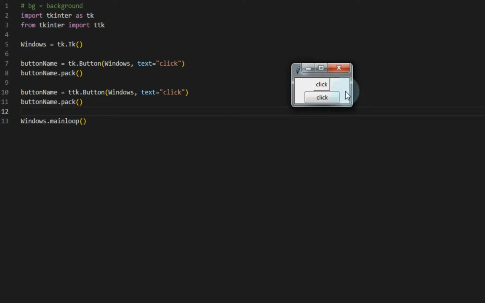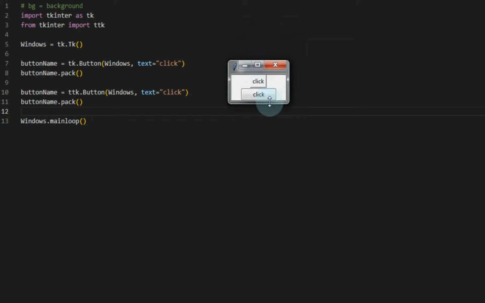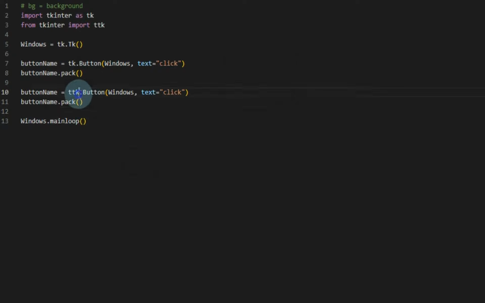Even if you maximize this, you will not see buttons here because it's maximized, and it's recording only this much part of the screen. I have a big monitor, that's why. Okay, I was explaining that TTK and TK, but here we can even add some functions like